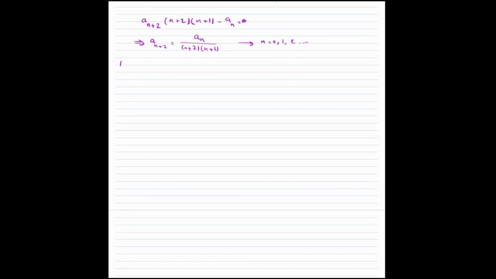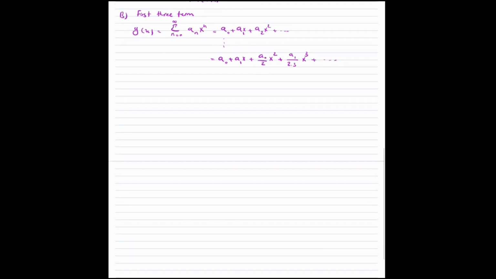For part B, we want to find the first three terms in each of two solutions, y1 and y2. So the formula for our power series solution is y(x) equals the sum from n equals 0 to infinity of a_n x^n, which equals a0 plus a1 x plus a2 x squared plus a3 x cubed and so on. So what we get from that, we get